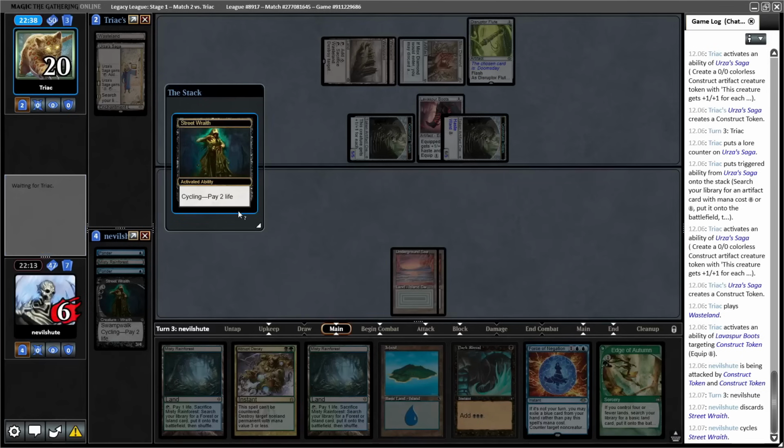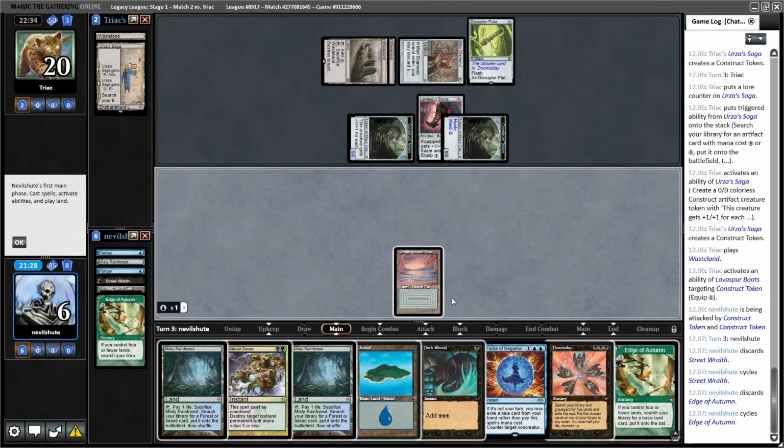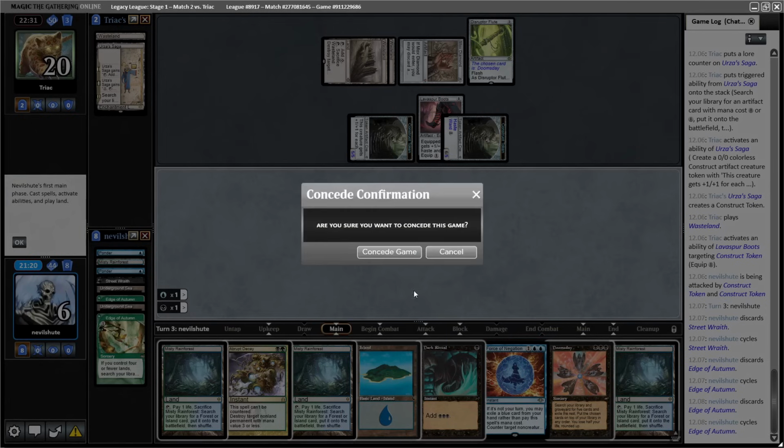Well, let's cycle Street Wraith. There is Doomsday. Wow, that is tantalizing, right? Yeah, but it's just not enough. What would I need here? I would need to cycle Edge of Autumn into Brainstorm, and Brainstorm to show me like, I don't know, Petal Cycler. Would that do it? Then I would need 2 mana. Yeah, maybe that would do it. I mean, I'm not hopeful here. That's another cycler. Oh, come on. Yeah, okay. Well,